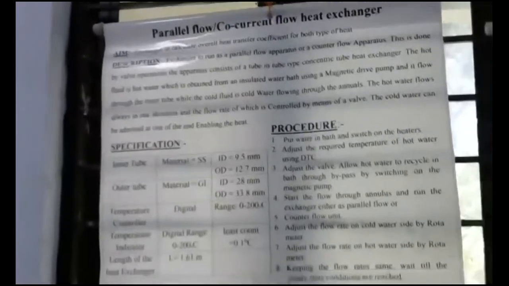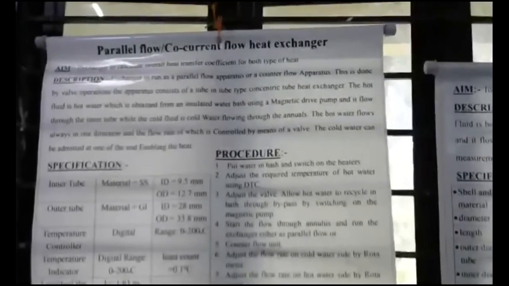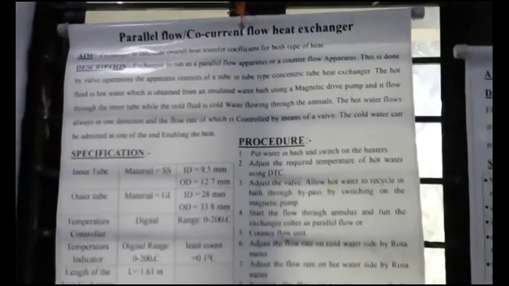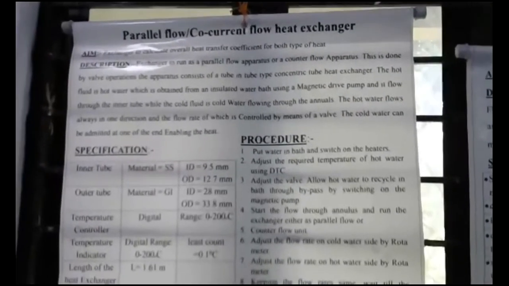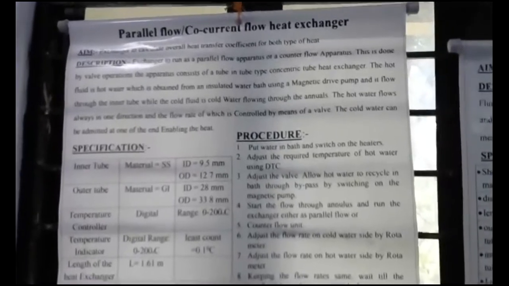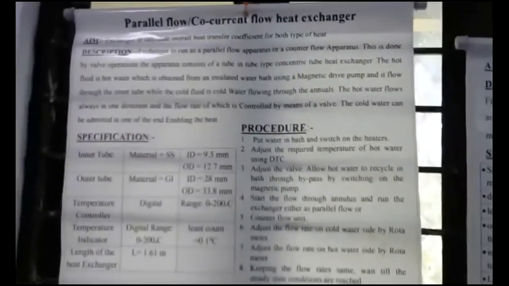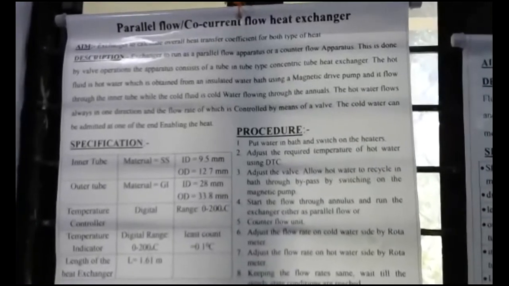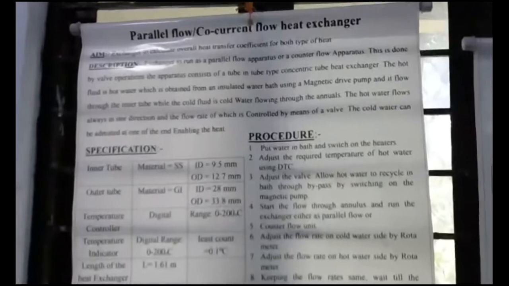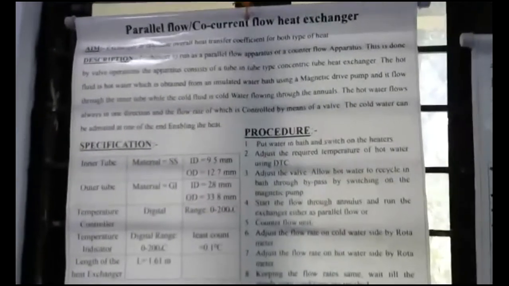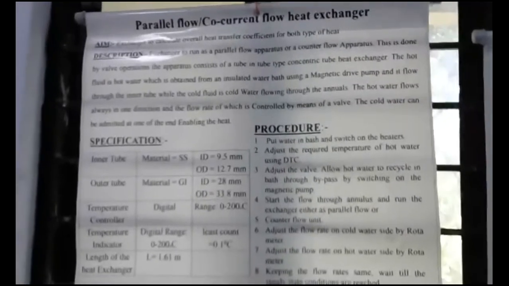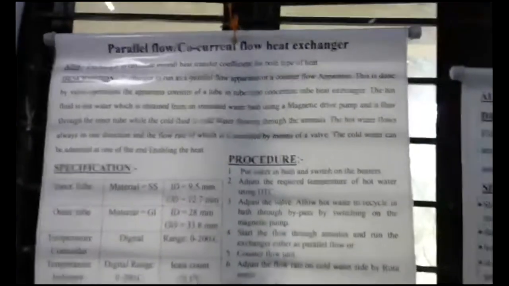Okay, as far as the theoretical discussion is concerned, we have discussed the double pipe heat exchanger, what exactly the schematic is, and what exactly the co-current and counter-current flow is. We have discussed that co-current flow is nothing but parallel flow, that is, hot fluid and cold fluid are in the same direction. And if we adjust the hot fluid and cold fluid in the opposite direction, then it is called counter-current flow, right?